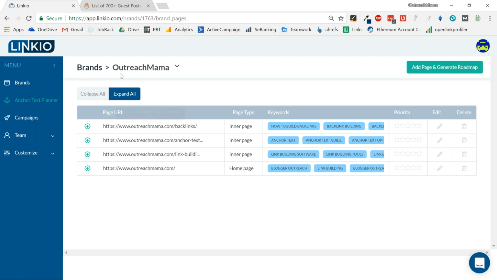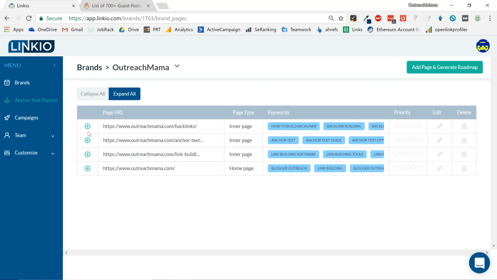Some exciting new announcements for the Linkio software. If you go to app.linkio.com right now and sign in, you'll see that we've automated a whole new component of the backlink analysis. Now, if you add a new site and you pair your Ahrefs, not only will we automatically import the backlinks, but we're also going to automatically categorize the anchor text into one of 13 types, tell you what those percentages are, and tell you what you need to build next to build a more natural anchor